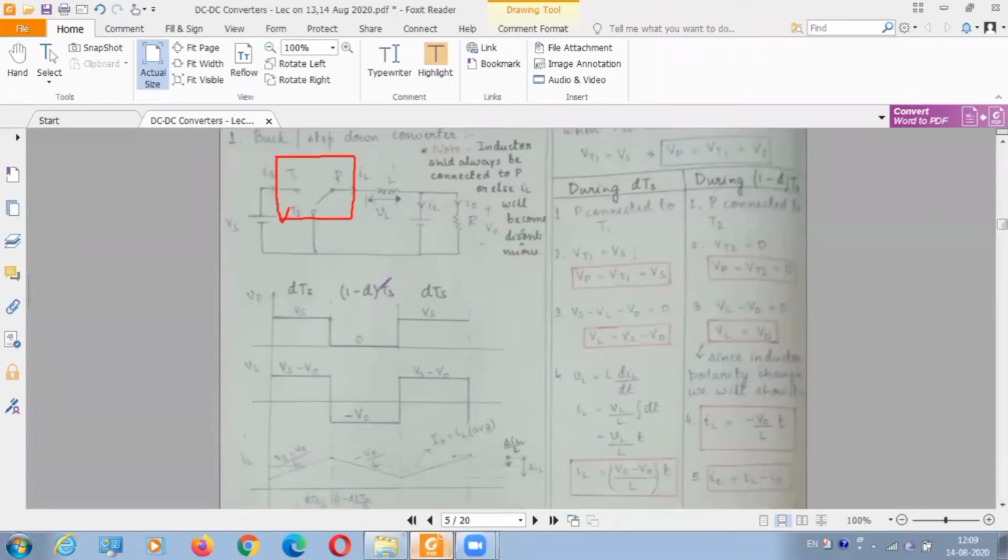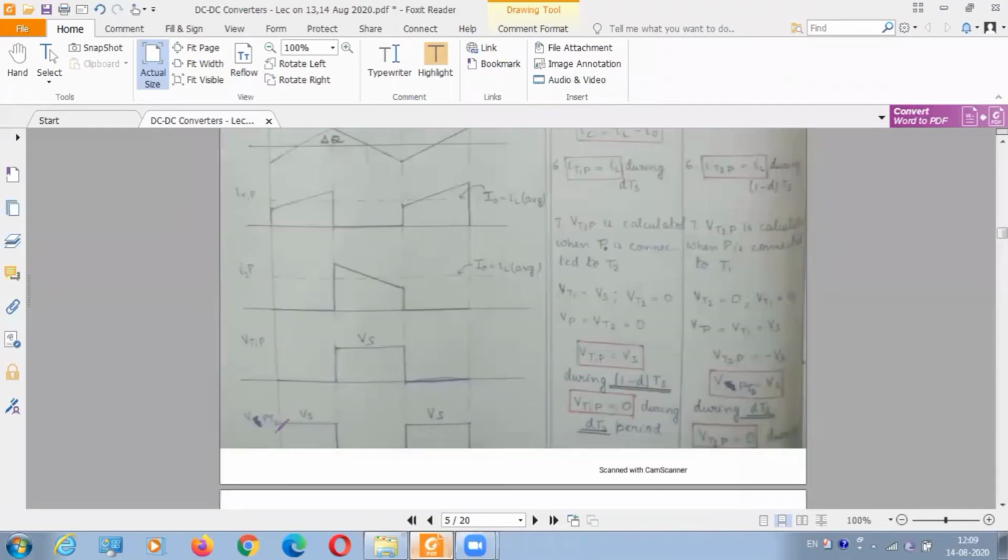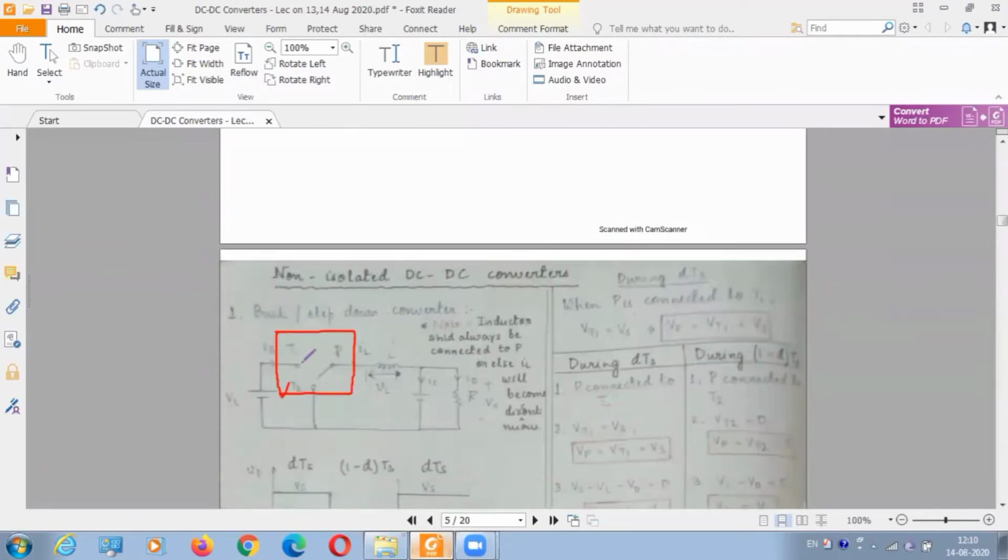So how will you replace it? I have drawn all the currents, T1P, T2P current, VT1P. This should be T2P. As I told you, I am drawing positive voltage, that's why I am keeping it PT2. So T1P, whatever I am drawing over here, is a positive current. If this is T1P, this should also be T1P. So VT1P, what voltage am I getting? Positive voltage. So positive current, positive voltage. It means between T1 and P, a MOSFET or a BJT should be connected.